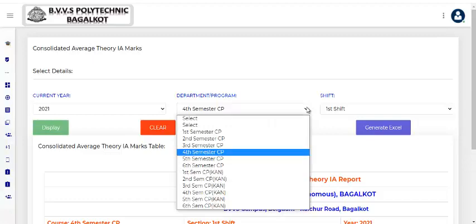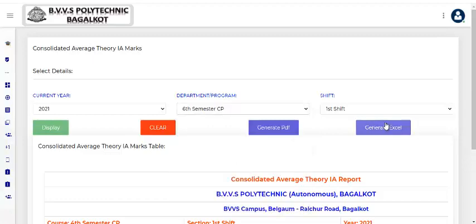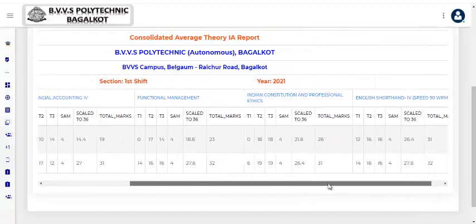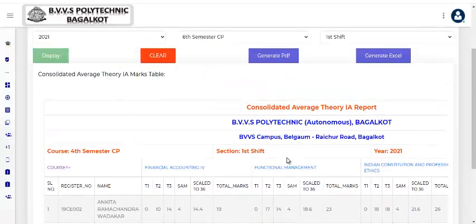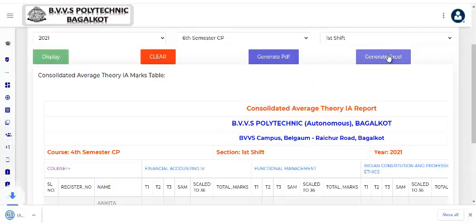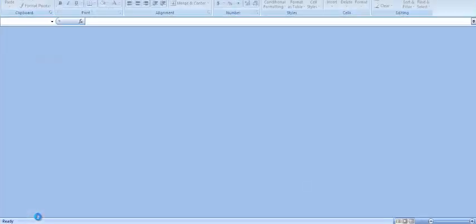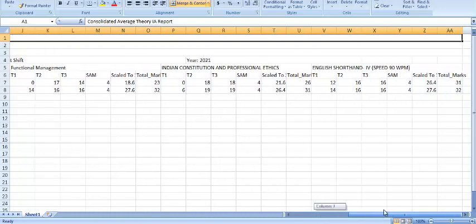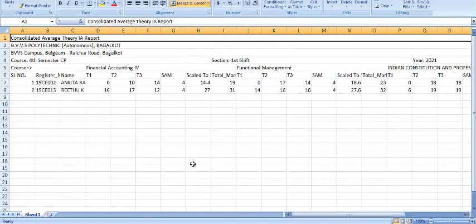Here if I want I'll just take it as 6th sem, display. Here we'll be getting the complete details of the particular students. If I want, as usual, I can just generate it in Excel sheet also. Here, for example, we just mentioned 2 students' names. Just see the complete details has been mentioned in Excel sheet.